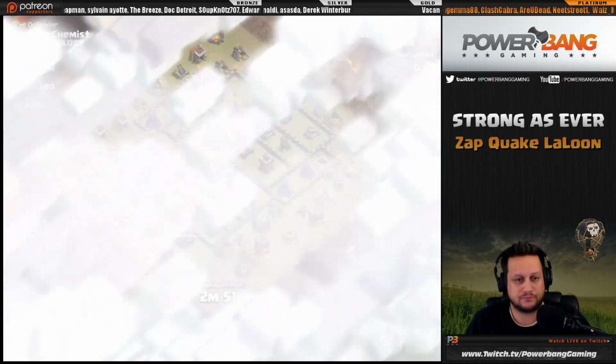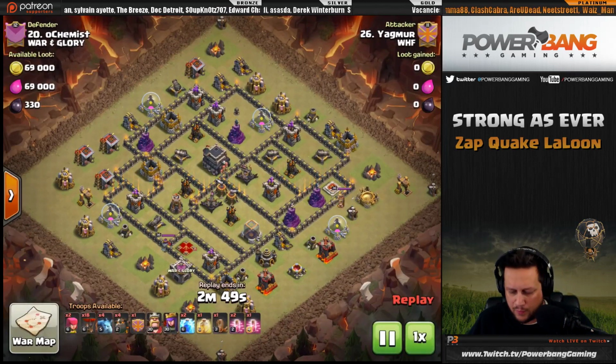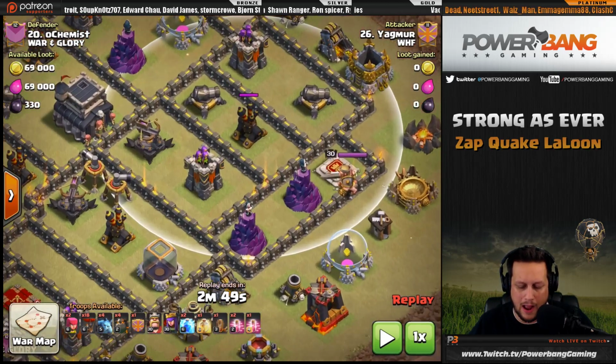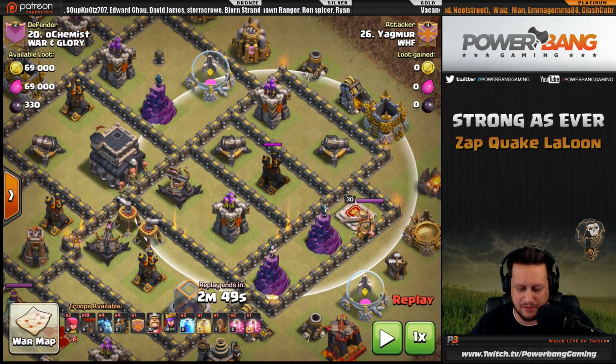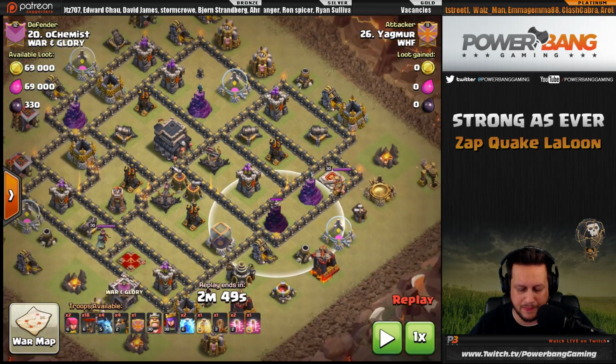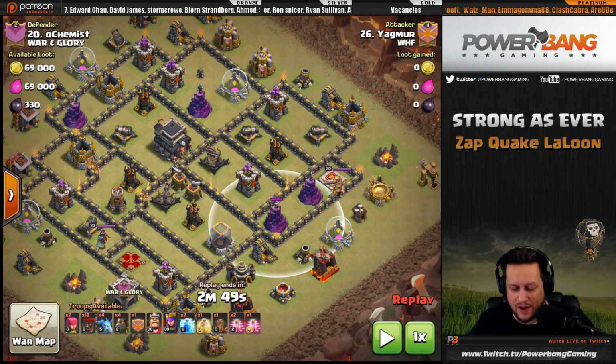This is Yagmer. And Yagmer, again, is going to look at this base. We'll pause it just for a moment to go ahead and look at the air defenses. Now, this one, there isn't a clear-cut Zapquake priority. What I mean by that is this air defense over here is pretty near the side, and when you're looking at these air defenses, how close are they to the range of the defenses around them? You see all of these are in range of this air defense,